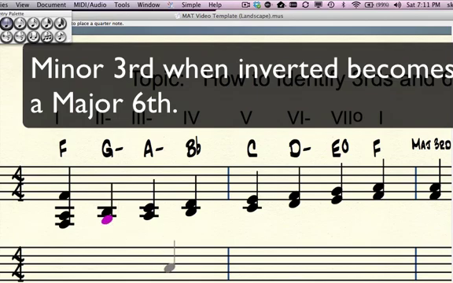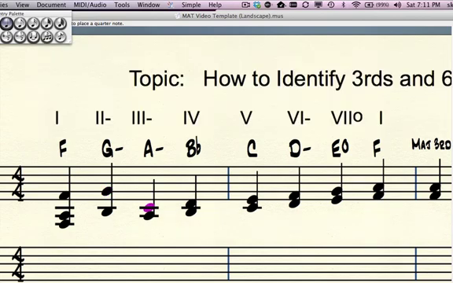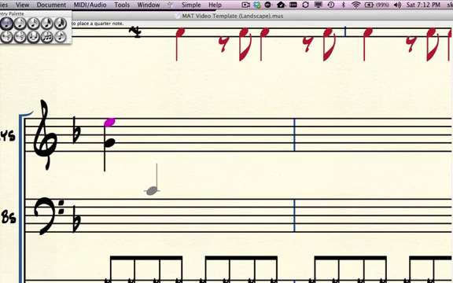So there it is, I'm going to invert it. And now it's a major sixth. This was a minor third, now it's going to become a major sixth. This was a major third, now it's going to become a minor sixth. So if you know your chord qualities, you can just reverse that. If it was figured out, well, what you do is you reverse it, you put it back to the way it was. You take that top note, you create a third out of it by either bringing this note up